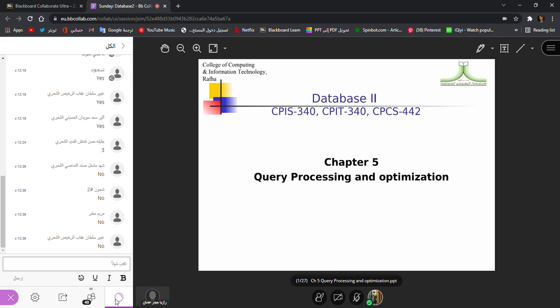Processing means that when you send the query to the database, how it will process it, and in what way it will answer you so that it can be as fast as possible. So this comes under optimization.